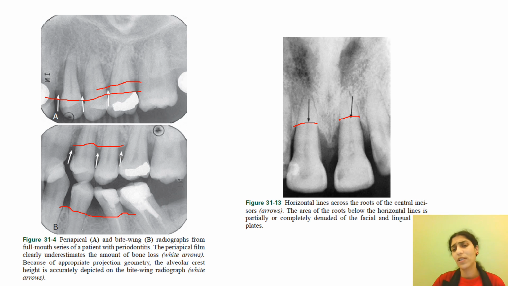Sometimes it looks like the tooth is healthy because the bone is until here, only this much amount of bone loss, but actually the bone loss is extending like this until here. So the bone looks good interdentally, but on the mid-buccal surface or on the mid-palatal surface there could be bone loss. If there is bone loss only on the mid-palatal or mid-buccal surface, probing is a better way to identify. Radiographs may or may not clearly be able to distinguish the amount of bone loss, but these horizontal lines are one such way to identify the buccal or the palatal bone loss.